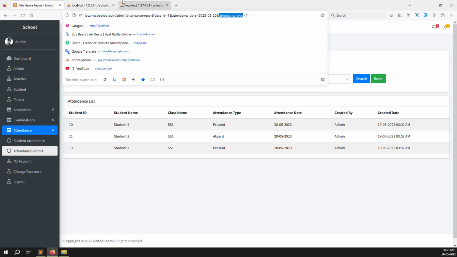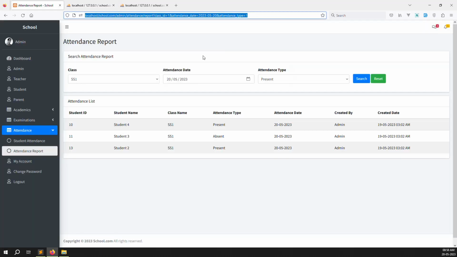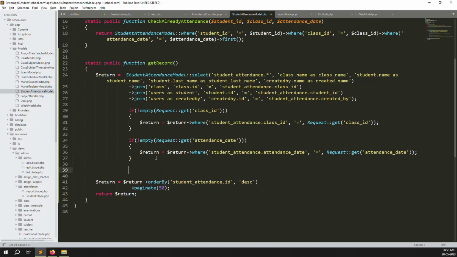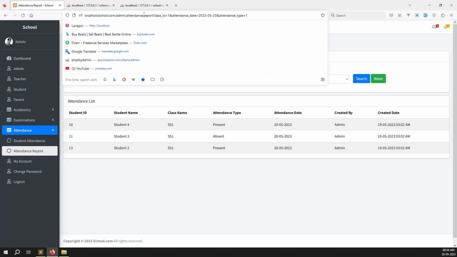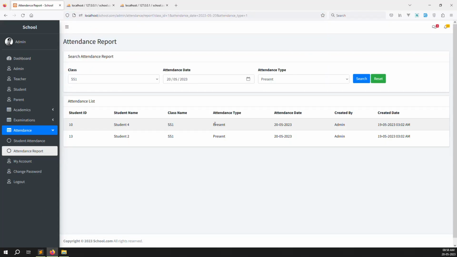So for attendance type we also need to make a where query. Simple, just copy and paste the attendance date filter, and you can change to attendance type here. Okay, so just save this file and go back again and check. So we have chosen present here, so only two records there. This is showing the presents, like attendance date, whatever there we can work, and attendance type, so whatever you can